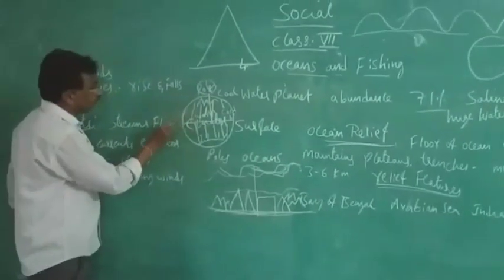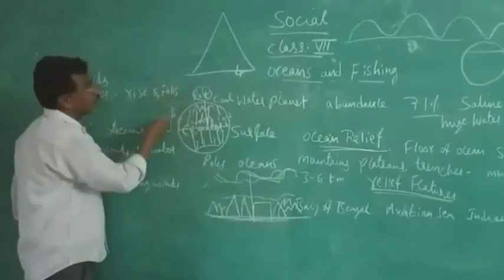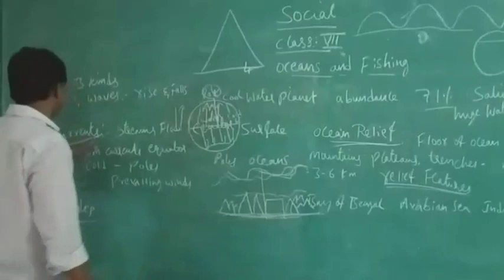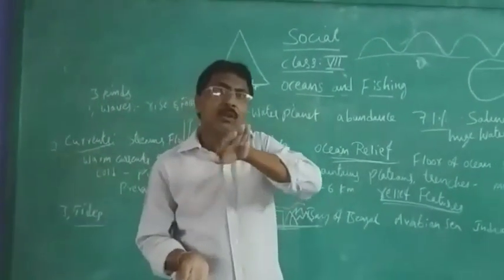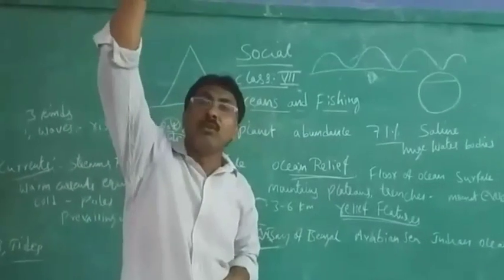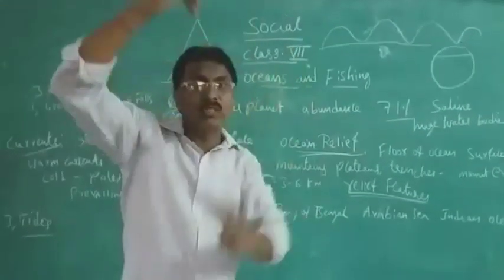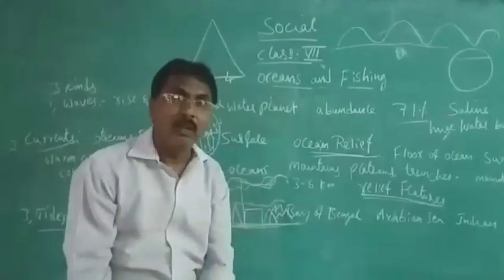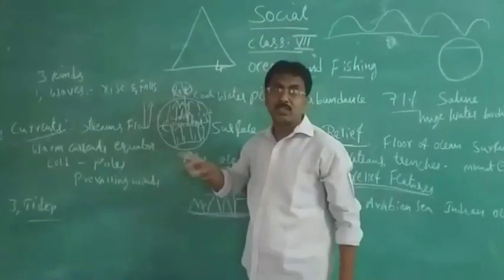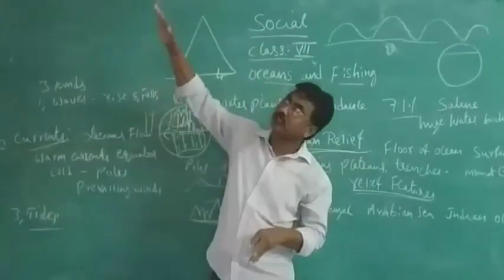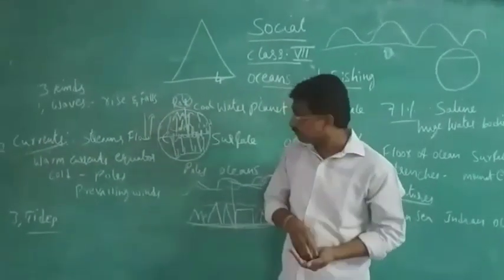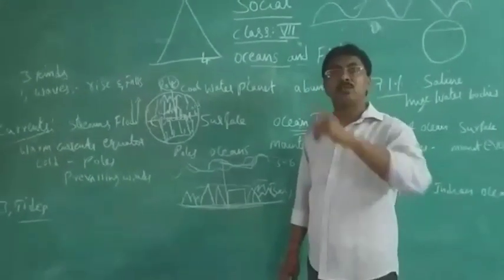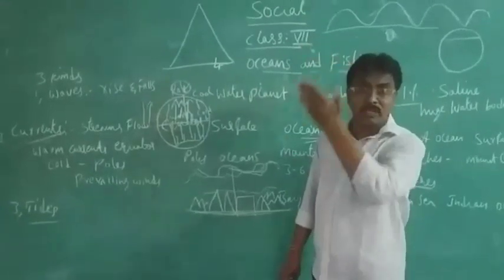Keep in your mind: from here, warm is going this side. Warm is going to the cooler side, and the cooler from the pole is coming to the equator. This is called ocean currents. The water moves from the warm to the cool, and from the cool to the warm it is coming and going. This one is called currents. And how is it going? By the waves. It goes like this to that one and it comes like this to the down one. That is about the ocean currents. Ocean currents means again the rise and fall, but it moves that side and comes this side. And the last, it is also called prevailing winds. Prevailing winds is nothing but warm currents go to the polar, and from the polar region cold currents come to the equatorial region.